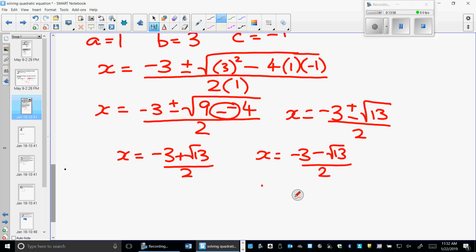Now officially, you can leave the answers as they were like that. But because the question has specifically asked us to round them, we would have to work out what these were. Now, it's only up to this point that I have needed my calculator. You could do the rest of it without. We're very good at maths, so we've done all this. I don't know what root 13 is as a number. So at this point now, we're going to stick that in our calcs,